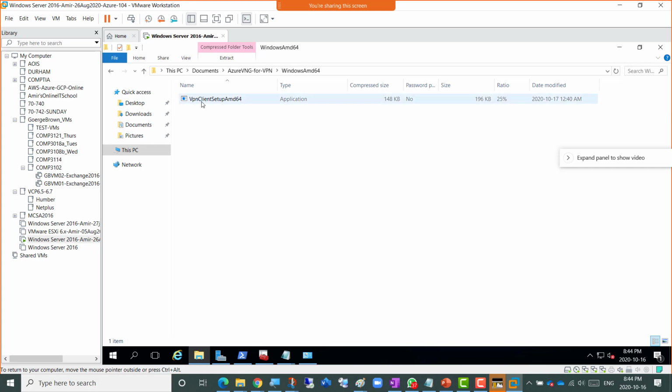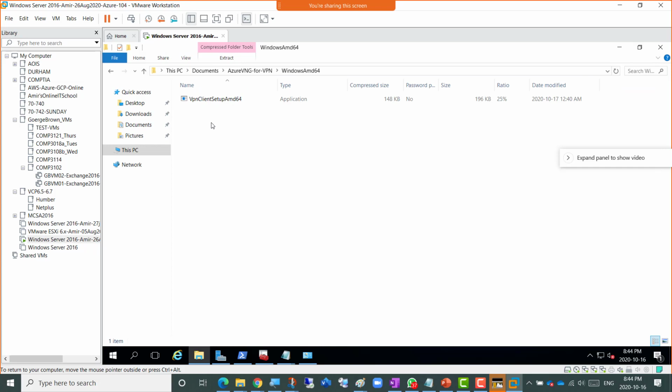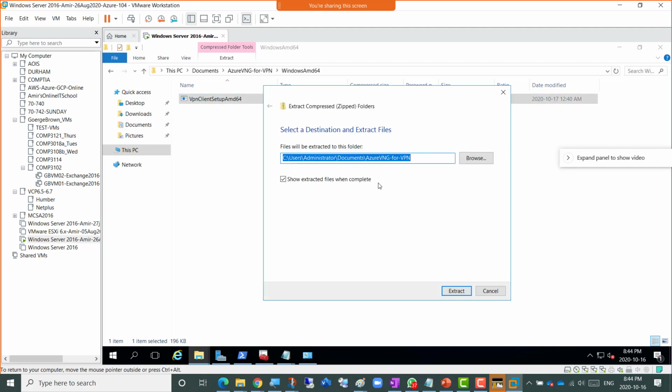So when it runs, it doesn't actually give you a wizard of installation. It just runs and vanishes. That's it. But then you see that after some time, you see that there's a VPN connection configured here among other network cards that you can double click and connect to. So I'm just going to double click this, and instead of, oh, okay, it does say extract, and I didn't extract, I just ran last time. So how about if I extract to just explore what kind of files are inside, right? So I'll just extract this first, and it says that, hey, this is the folder where I'm going to dump everything. So I say, okay, extract,